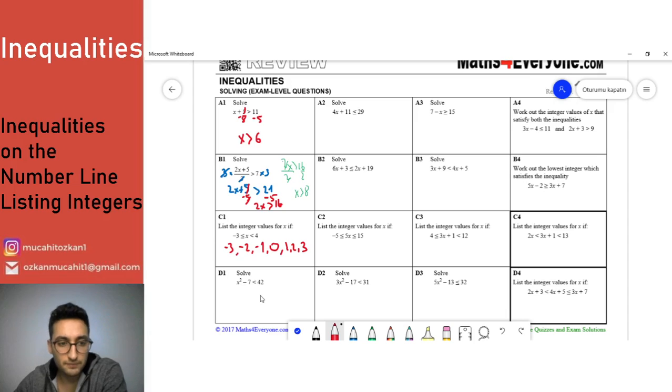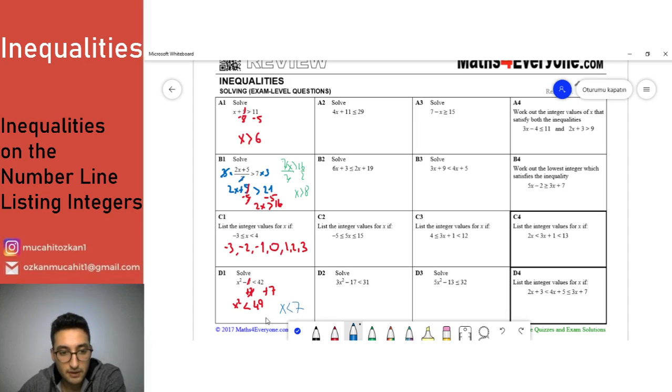D1, I'm going to add 7 on both sides. Then we will have x squared is less than 42 plus 7, which is 49. If we have squares, then we need to take the square root of both sides. Then you will get x is less than 7